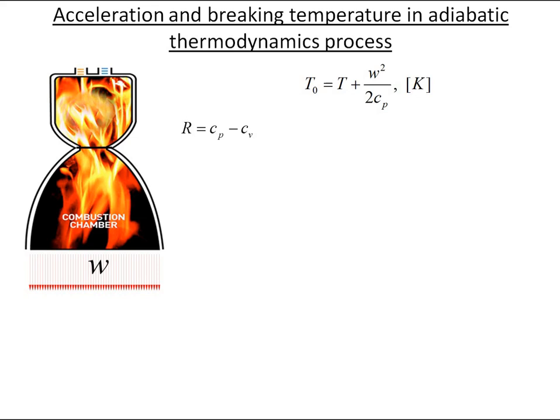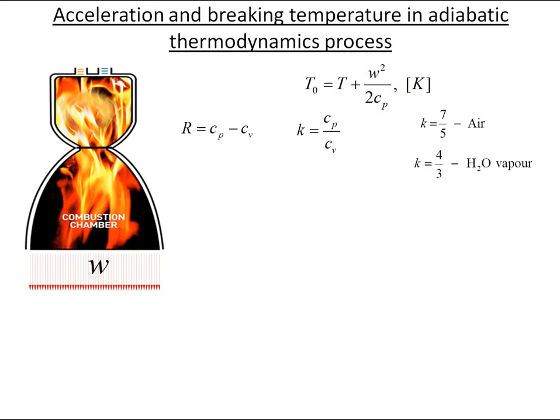Another important constant is K, the adiabatic process exponent. For example, for air, and in our case, for hydrogen fuel and oxygen oxidizer, the exhaust gases are made entirely from triatomic gas, water vapor, and the adiabatic exponent is equal to